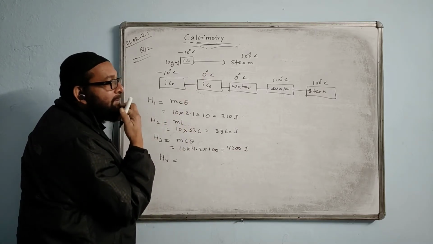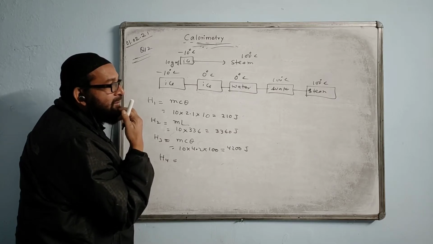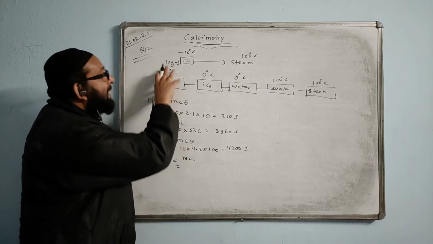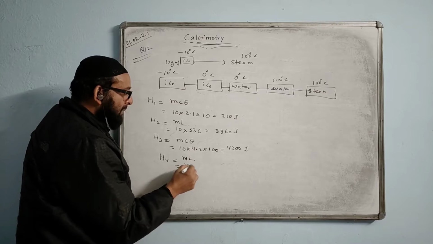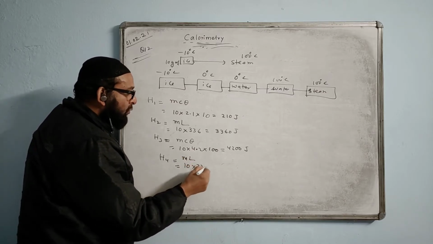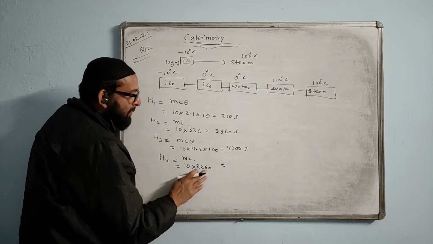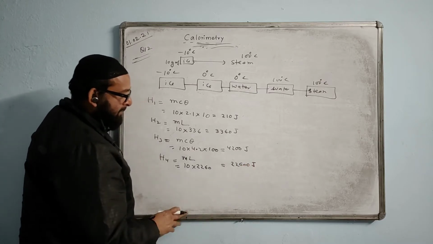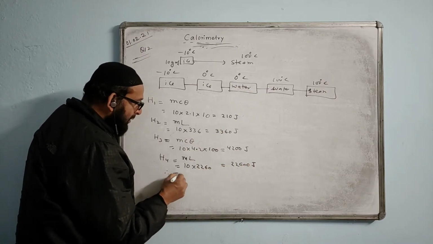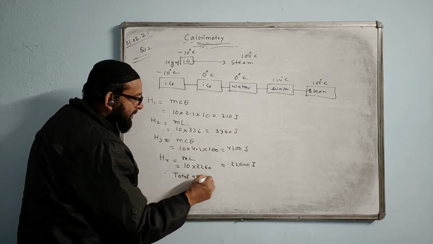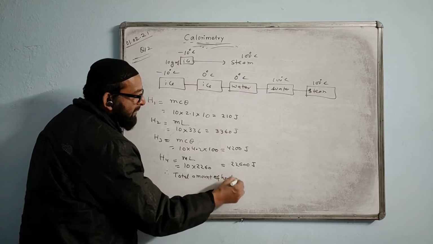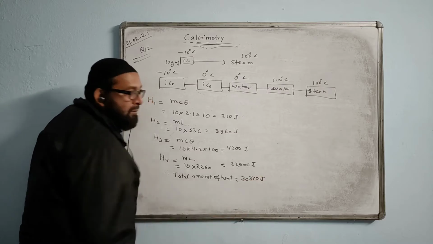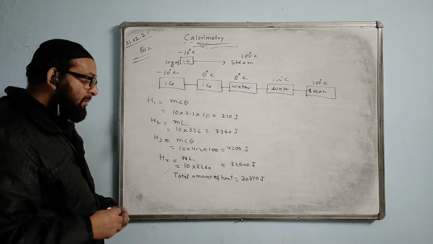H4, what is the formula of H4? ml or MC theta? Heat for the fourth part. ml, yes. Because the same ice we are converting, the mass remains the same. The latent heat of steam, the value is 2260. It will be given in the question and we are supposed to know also. 2260 joule will come. Let us add the total amount of heat needed. The total will come by addition of all these values. When you add all, the answer will come 30370 joule. This is the answer. Understood?